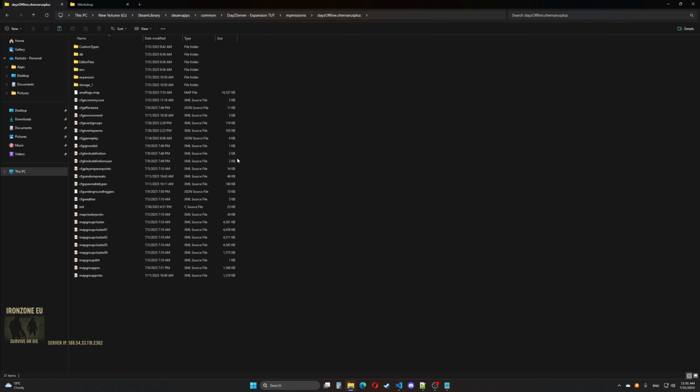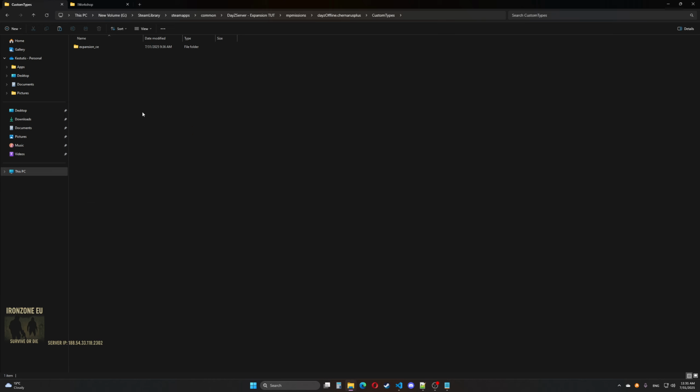In this one here you have db and all those files. You see, I have a custom types folder. You don't have that, so you need to make one, just a normal new folder, and rename it whatever you want. I renamed it like this. You can do the same.